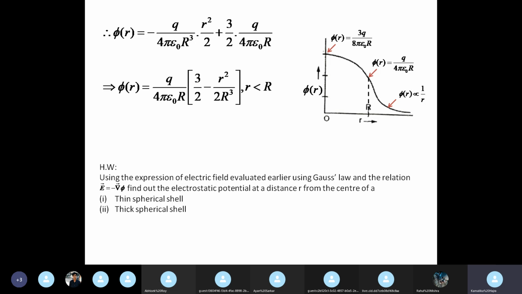So exactly how we have done the problem right now in class for the solid sphere, using the same steps, only the expressions will change. You need to use the expressions for electric field for a thin spherical shell or a thick spherical shell, and then follow the exact steps like this one to find the potential. Please try these two problems. These are part of your syllabus, but since I have done one thoroughly, I want you to try out the other two by yourself. If you face any problem in finding out the values, then please notify me in the other class, and then I'll do it.